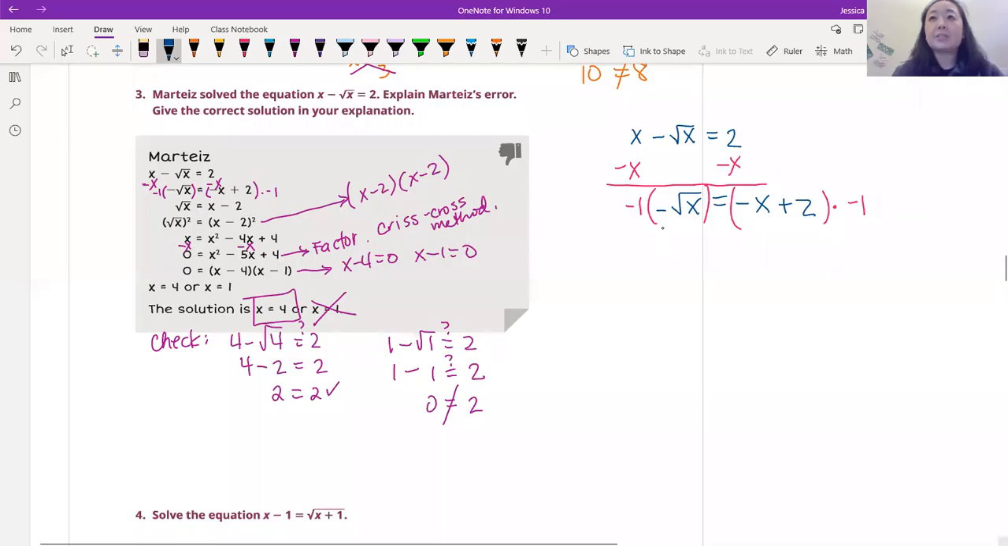So which gets us square root of x is equal to x minus 2. Remember, we're just distributing out that -1. And so that's what it's going to look like. So now we're just going to square to get rid of the square root here. So we're going to square both sides. And what we're going to end up getting,